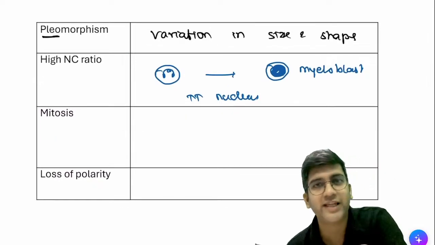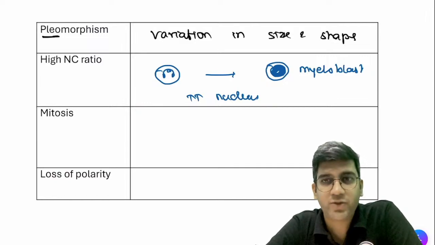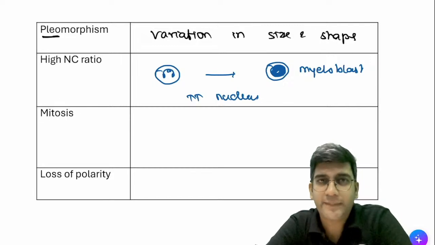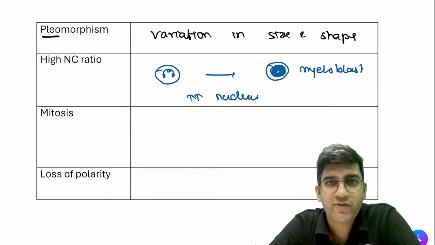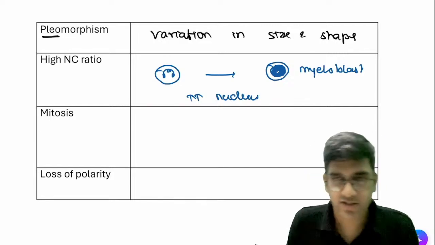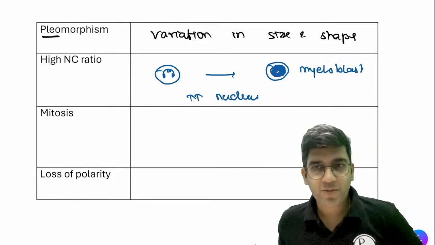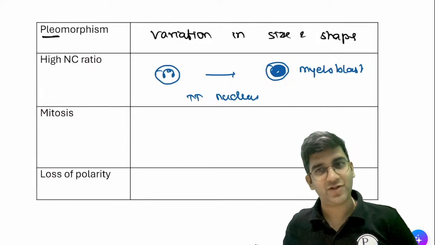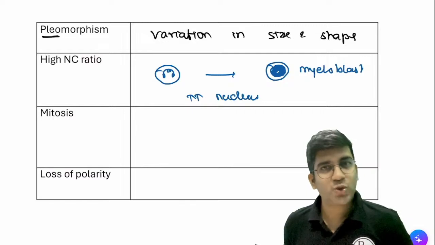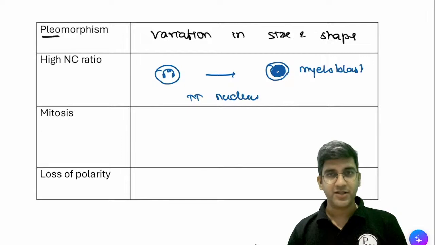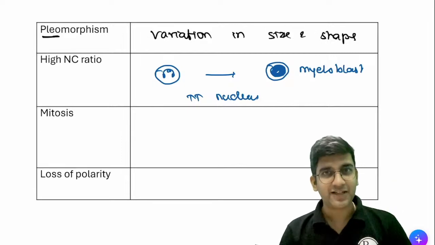Mitosis, fine. It's my favorite thing. What are the phases of mitosis? Anyone? Do you remember that? You might have remembered, might have not. Prophase, metaphase, anaphase, telophase. Does it ring a bell? You must have definitely remembered, right? Prophase, metaphase, anaphase, telophase. Perfect. How many of you remember that? Most of you listening will remember this. When did you read prophase, metaphase, anaphase, telophase? During MBBS or during school? Biology. School days, right? Still remember that?